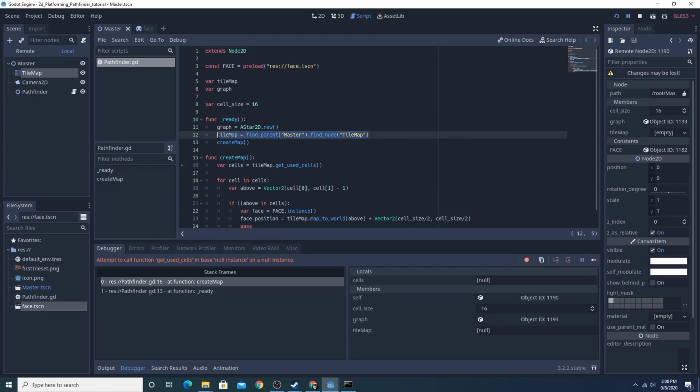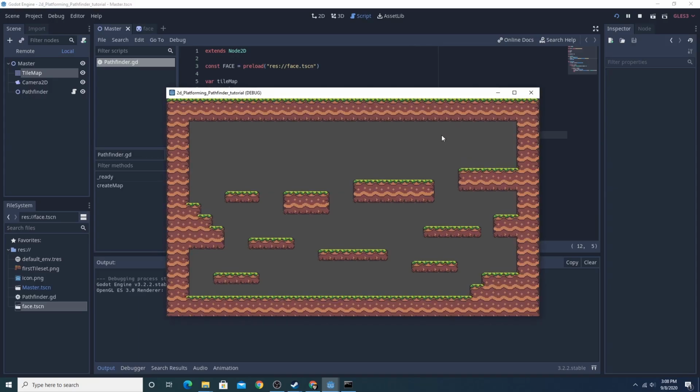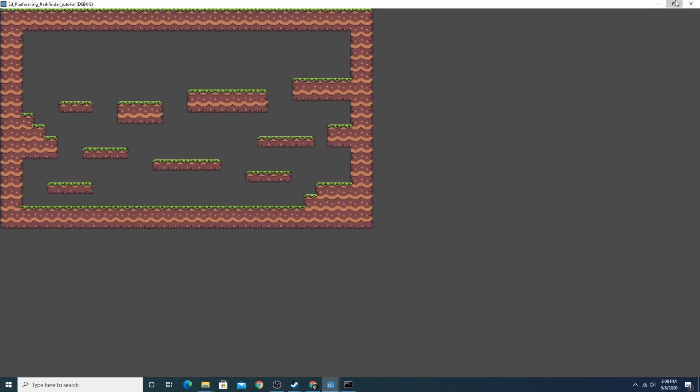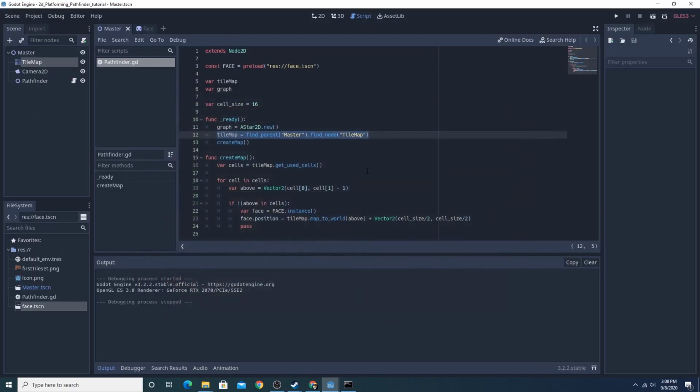Make sure the tile map you get is the actual tile map, not a null. Okay, so if we run that, it is doing nothing. We forgot to set it as a child. So if you were to go